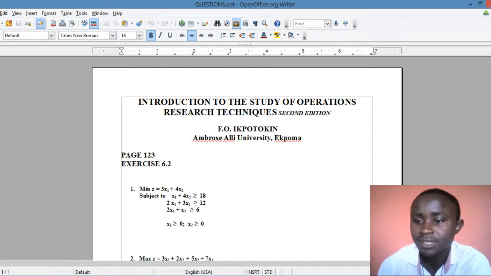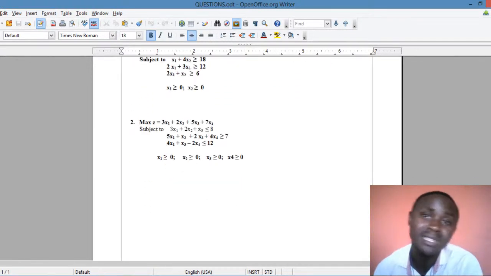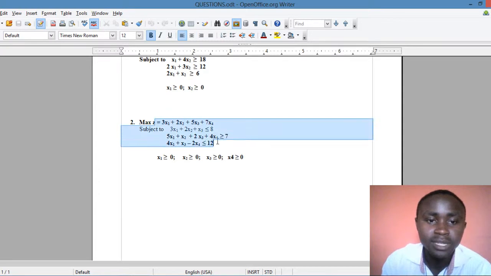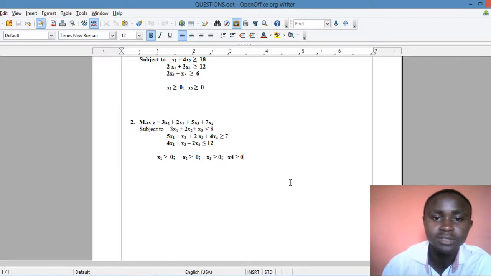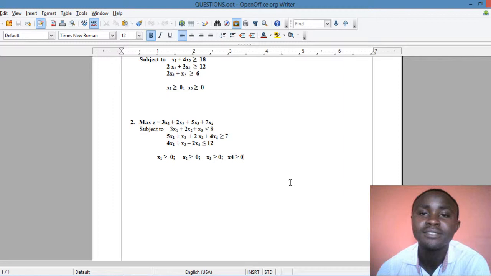The second on the list is a maximization question that says to maximize z equal to 3x1 plus 2x2 plus 5x3 plus 7x4. So right here you can see that we have four constraints, x1, x2, x3, x4. Then subject to 3x1 plus 2x2